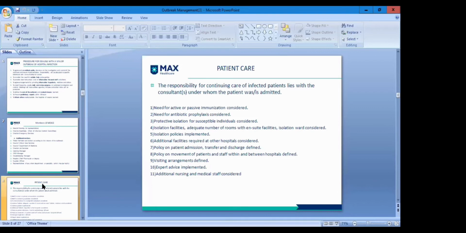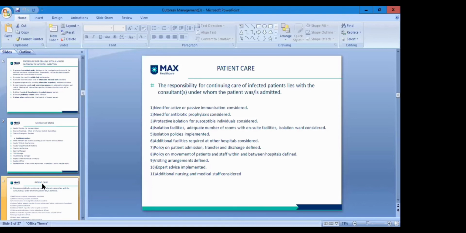So as soon as COVID came, the visitors policy was redefined. Initially, during the visiting hours, the patient's attendant could visit. Now in critical areas, we don't allow any visiting. We only allow a virtual WhatsApp call, or virtual arrangements need to be made. So again, these are defined according to the outbreak policy.